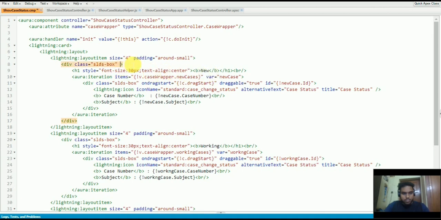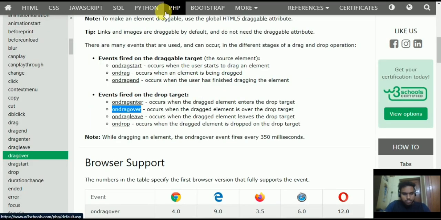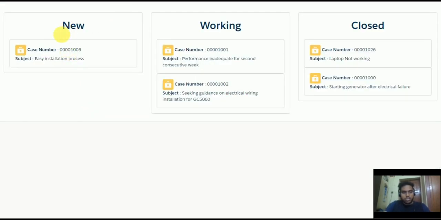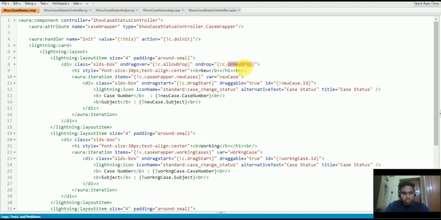On drag over, I'm going to call this function called allow drop, and also fire this event called on drop. On drop, I'm going to call this function called on new drop. I mean, whenever a div is dropped in this new section, I'm calling this function called on new drop. I'll add similar events in the remaining sections as well.